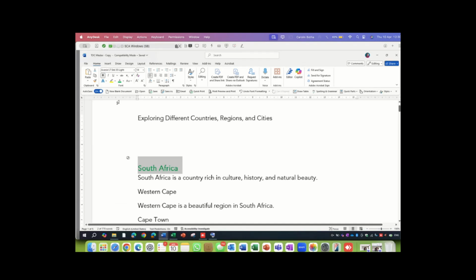So all my countries is now going to be Avenir, 14, bold, and green. That's what I want for heading 1. So how can I ensure that heading 1 now, for the rest of this document, will be in that particular font? I go back to styles while I have South Africa highlighted, one country.